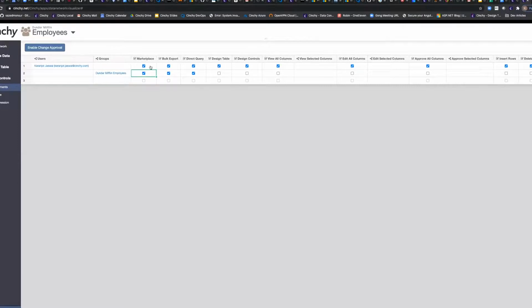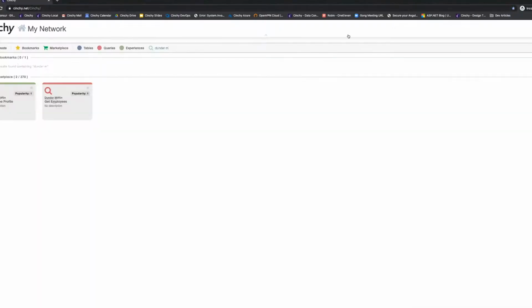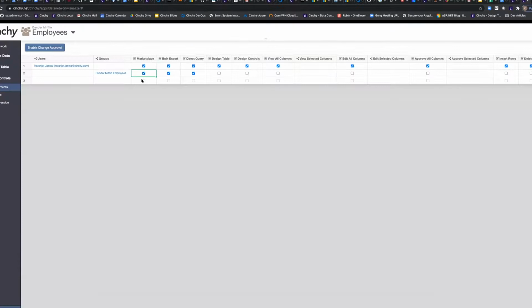If we were to walk through these, the first grant is this one called Marketplace, which controls whether or not, as I search for these objects, just as I was under Michael Scott's account, so here I'm in a separate window logged in as Michael Scott, if I was to search for this, am I able to find it inside of the Marketplace? Of course, in this situation, we do want to give Michael the ability to do that. Can you bulk export data? Are you able to query data? Can you design the structure of this table? So can I add columns, remove columns, change the configuration of the table itself? Can I do what I'm doing now, which is designing these controls, so granting access?